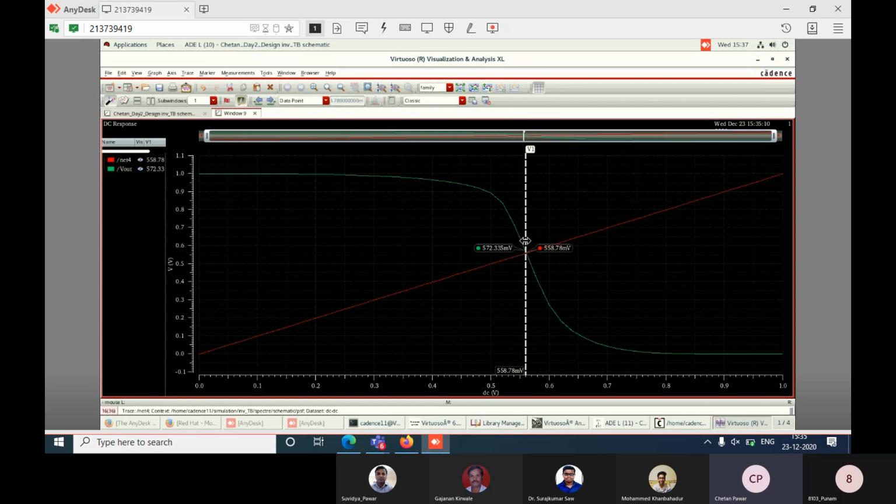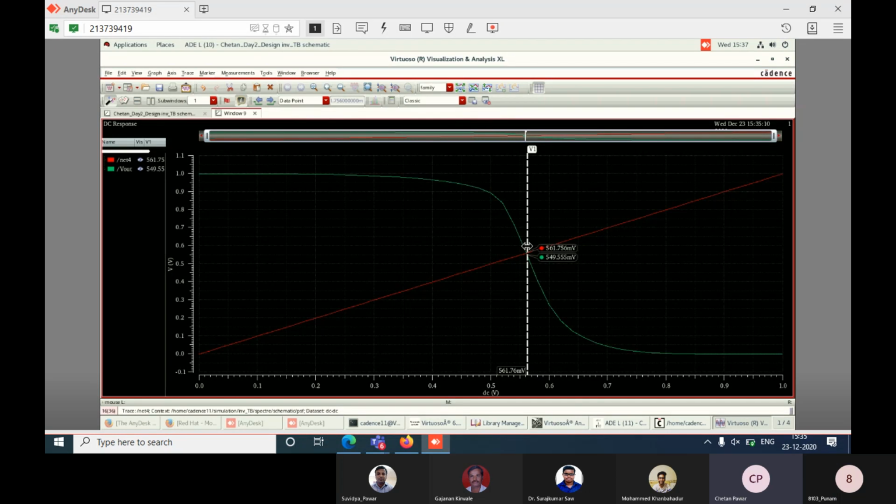So ideally this point should be located at 0.5. At VDD by 2, the P MOSFET and N MOSFET, both transistors will get switched on, and that curve will look like a straight line ideally, for a symmetrical inverter.